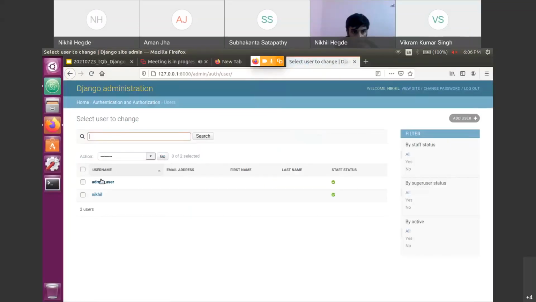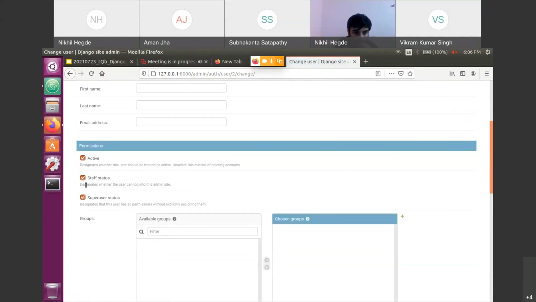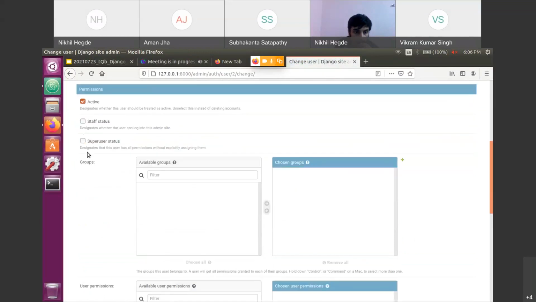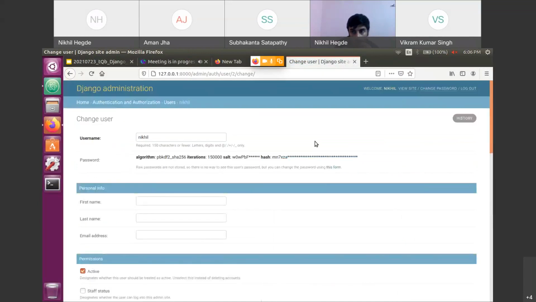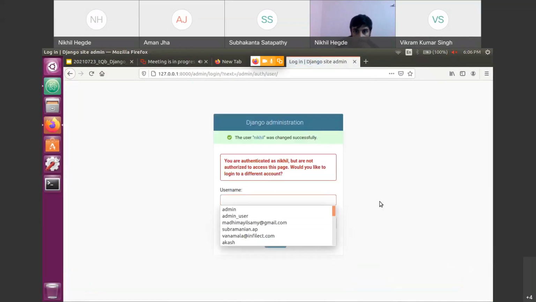inside this user table, there is an option. Whenever I create a new user, the staff status and the super user status will be false. So if I untick this for the user and save it, you can see that I will be automatically logged out from this administrator user because I don't have access to log in.